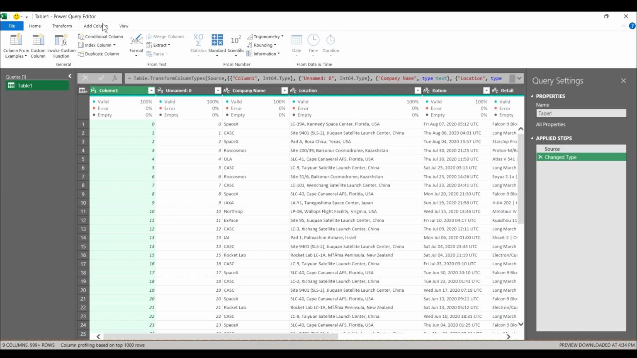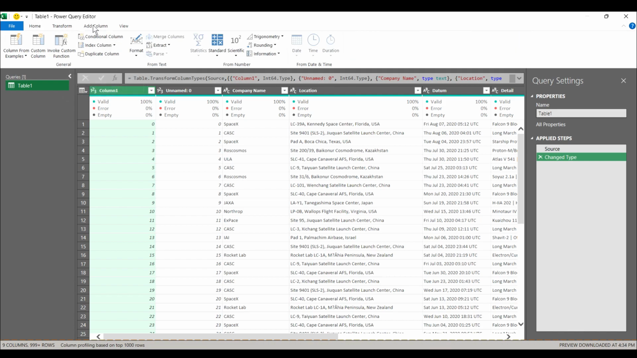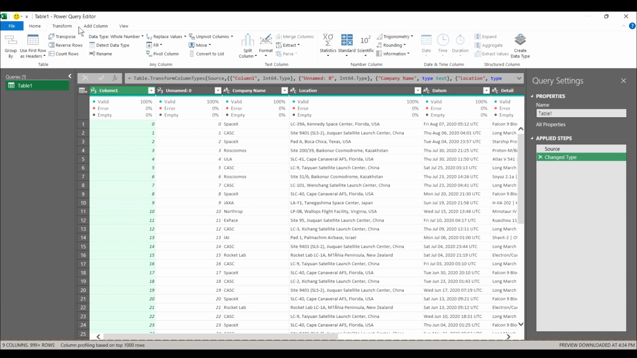Add column is different from transform in that transform basically edits or changes the column in place, whereas add column creates a whole new column with different or altered information. I'm going to do a little cleaning with the skills we learned already before I get into add